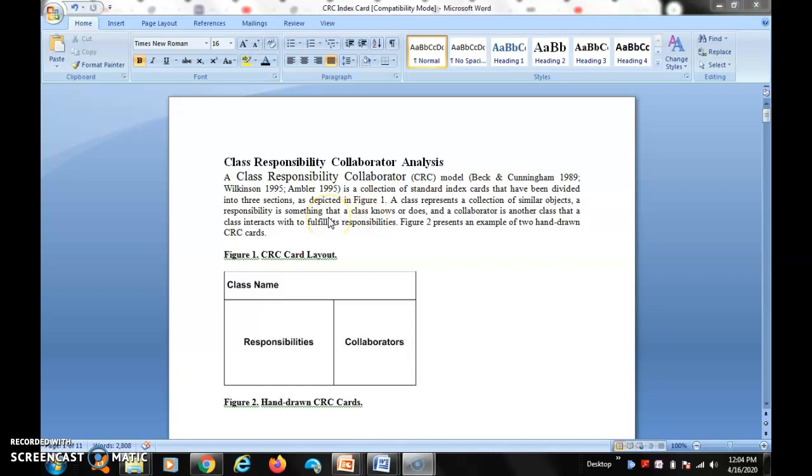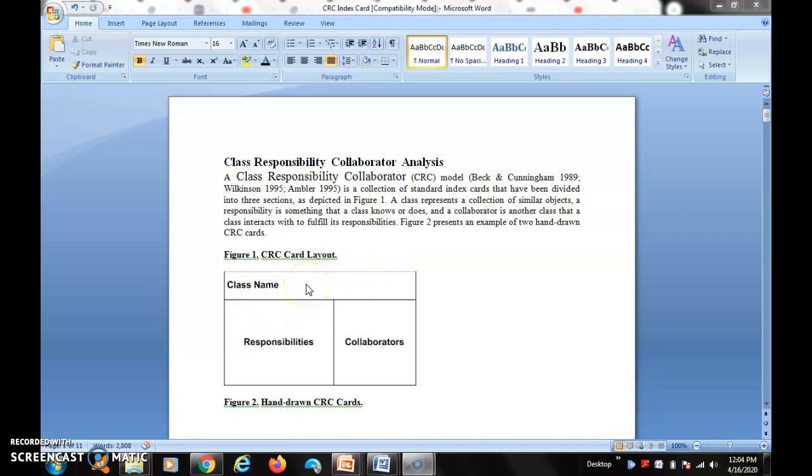Class represents a collection of similar objects. A responsibility is something that the class knows or does, and a collaborator is another class that a class interacts with to fulfill its responsibility. That is the whole model in that diagram.